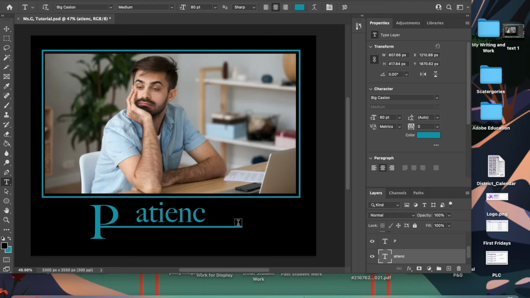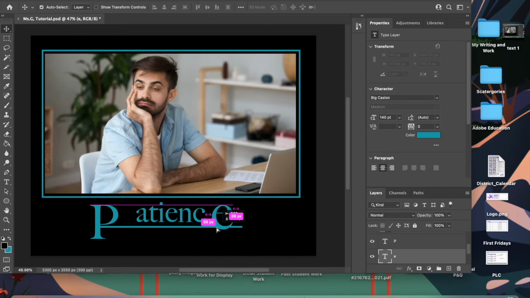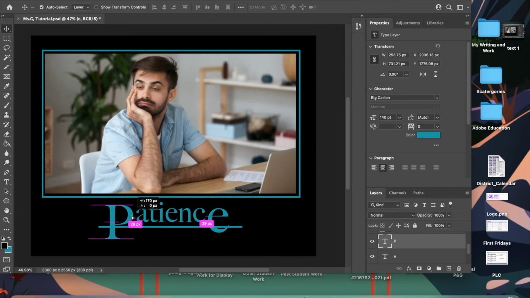Now I can come get my type tool and make an E, and I'm going to make that one much bigger as well after I highlight it. I'll come get my move tool and I will move it as well. Now this kind of locks in place and I can't get it exactly where I want it, so I'm going to let it go and just move my arrow keys to place that in a more exact spot. Now that I have all of this where I want it, and I'm going to center this a little bit,